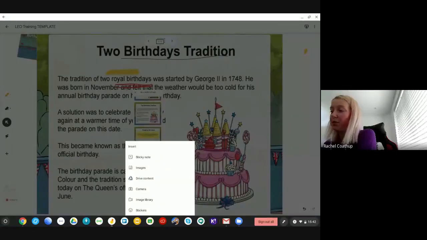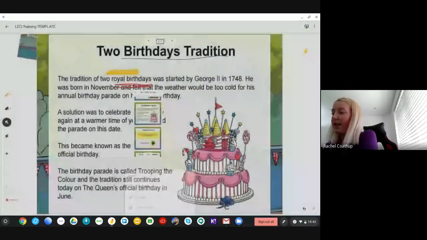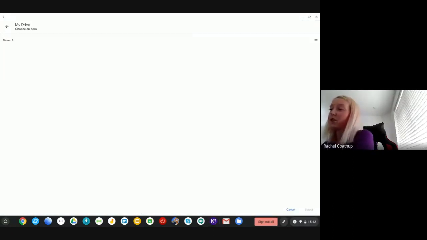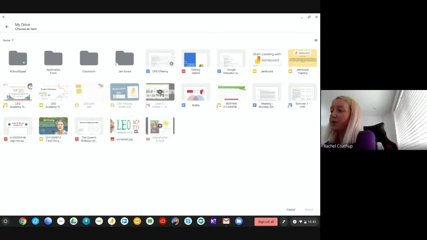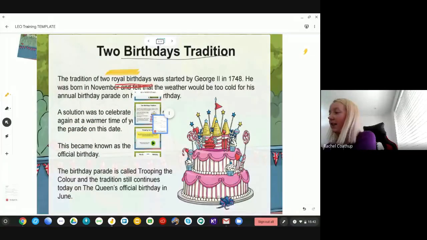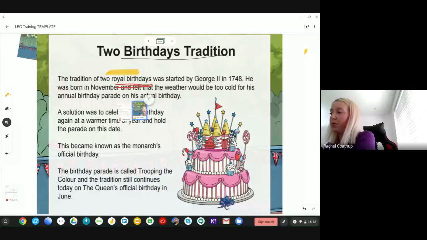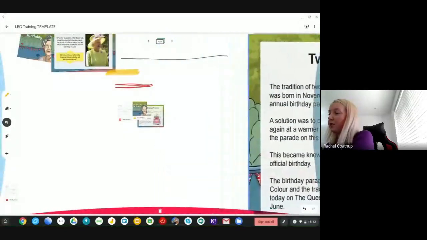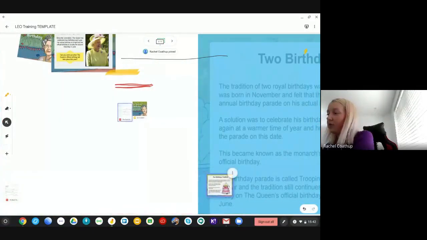So for example, all I do to do that is just tap on that plus sign and then tap on drive content, and I can just go into my drive, and you'll see there I've got that slide there. I've also got the Queen's birthday. Now that's a PDF, so I'm just going to go and add that in now, and you'll see that that PDF then appears at the top. If I want to just move that off the screen and tap on to that PDF,